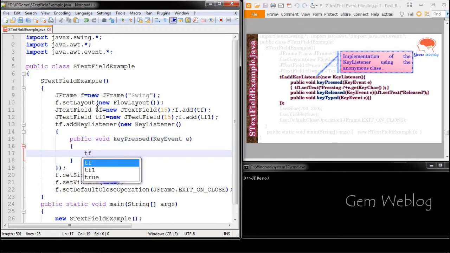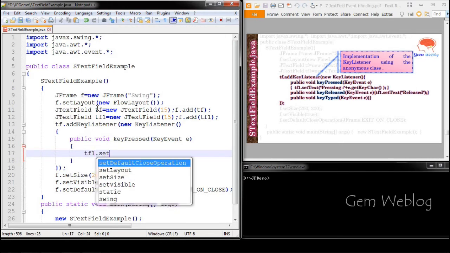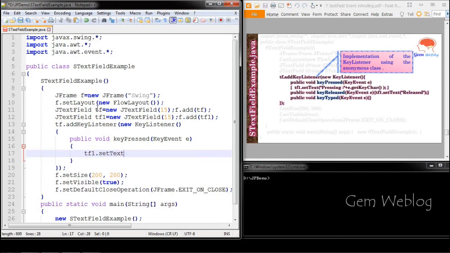Now I am setting the text for the text field. Whenever a key event is generated in text field 1, the content will be displayed in the second text field. With e.getKeyChar, whatever key has been pressed, we are extracting the character of it.